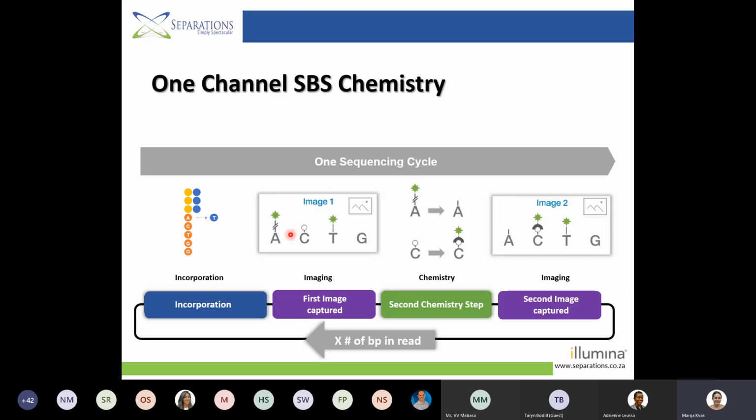Okay, so once the base is incorporated, we will take the image, and then we will have an intermediate chemistry step where if we have A, the dye will get cleaved off. Okay, and if we have a C incorporation, the dye will connect to the C. So when we take a second image, we are able to look at